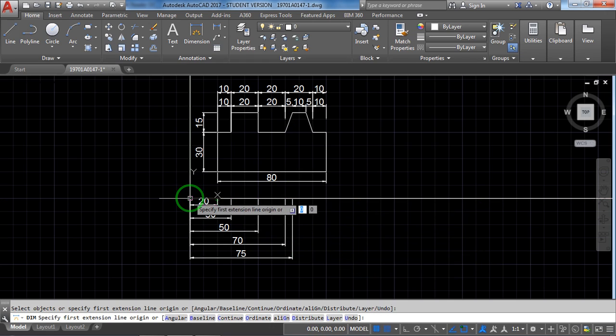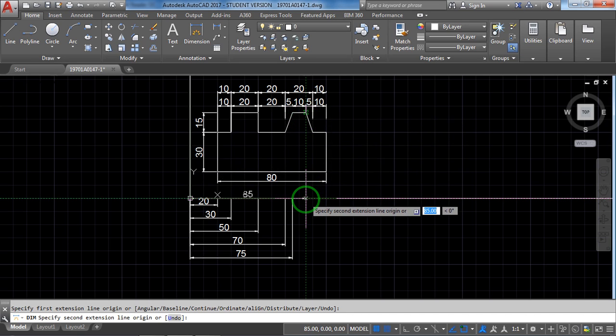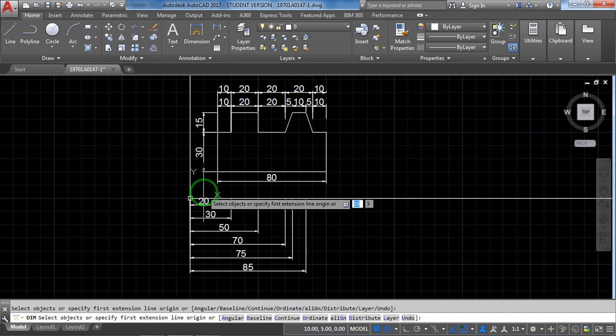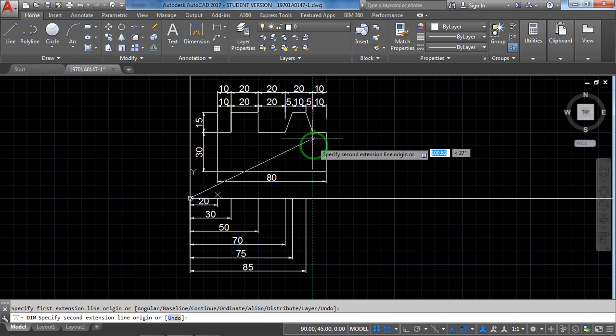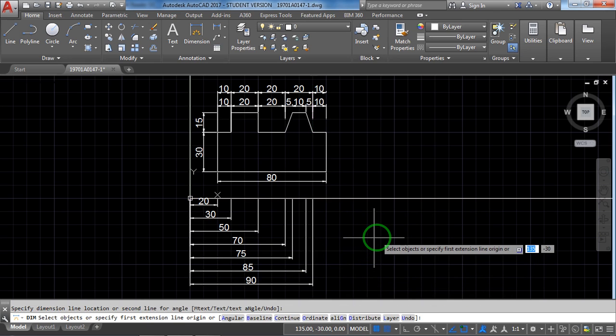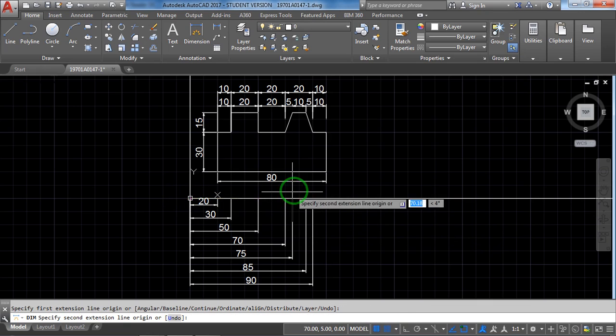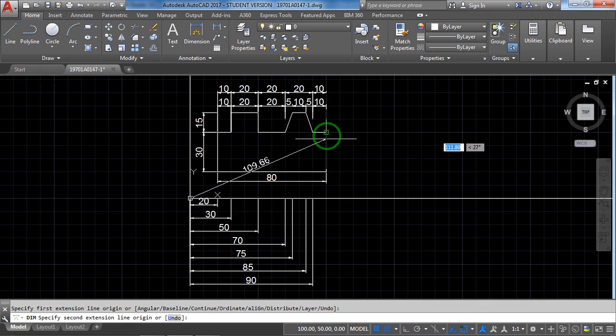Next point, 85. Next point, 75, 85, 90, last 100. Starting point, ending point.